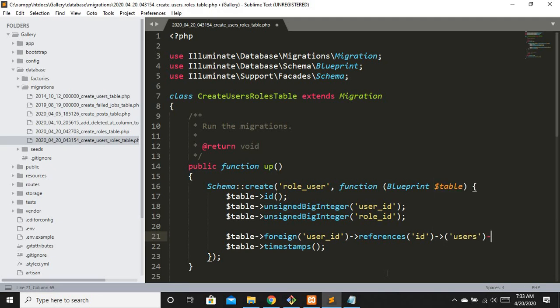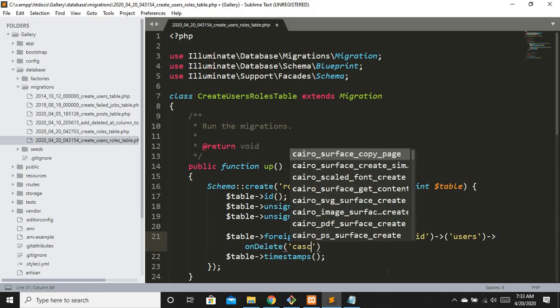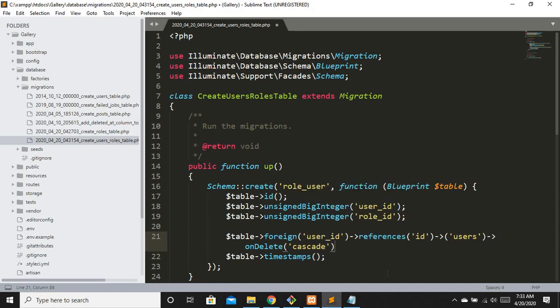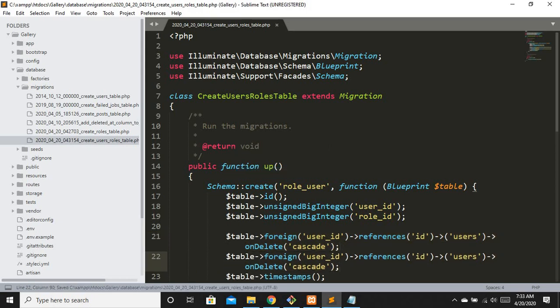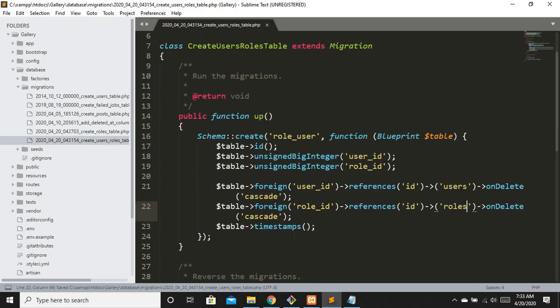That's it, and onDelete cascade right here. I will just copy it and paste it right here, and in this case we are going to have role_id as a foreign key as well, and it is going to reference the id on the roles table. That's it. So everything is right.